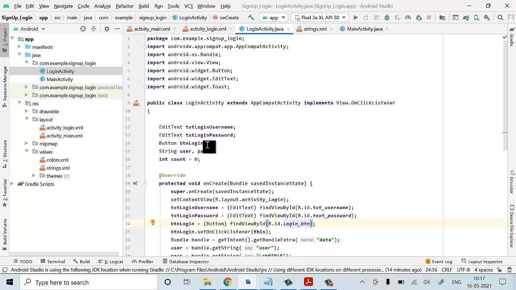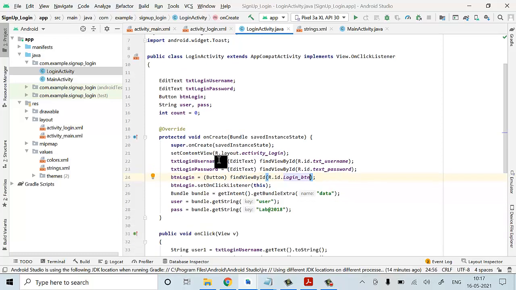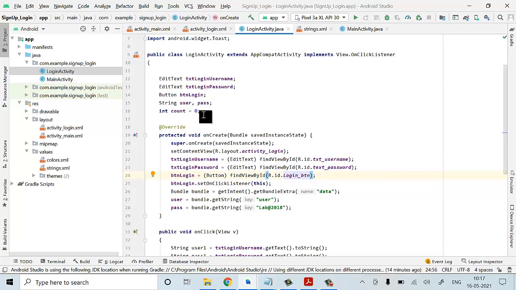I've declared local variables, strings user and pass, for whatever the intent has bundled, your username and password. It has been got to your login activity. So here we have to extract that intent and store the variables. For that I have used strings user and pass.